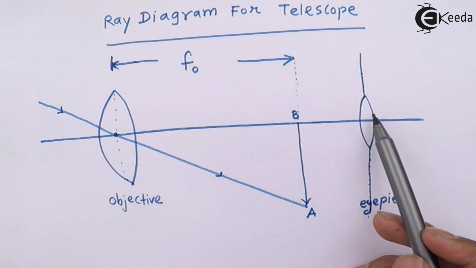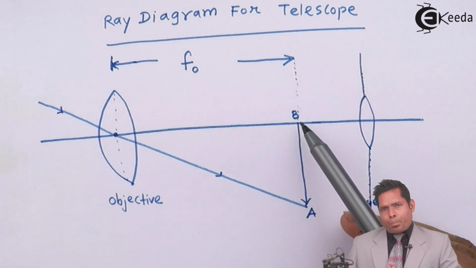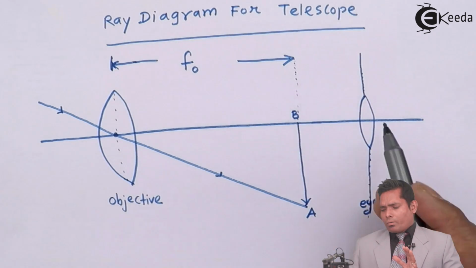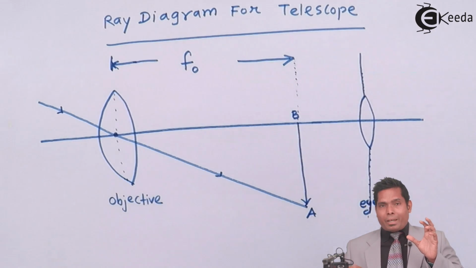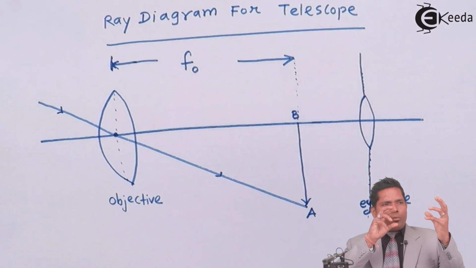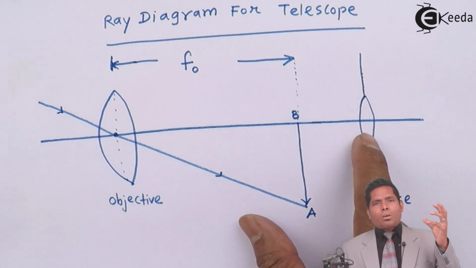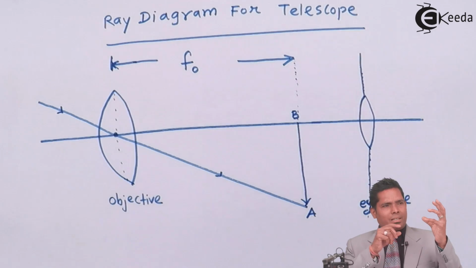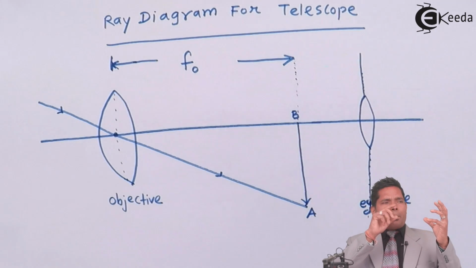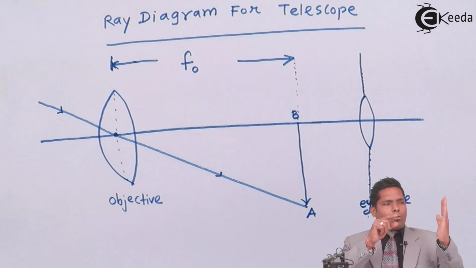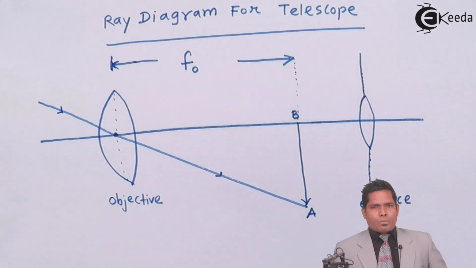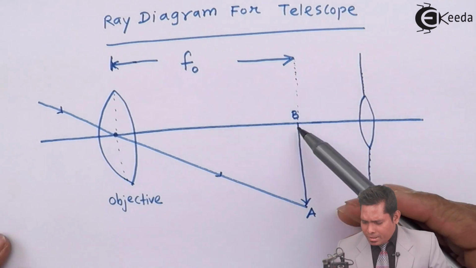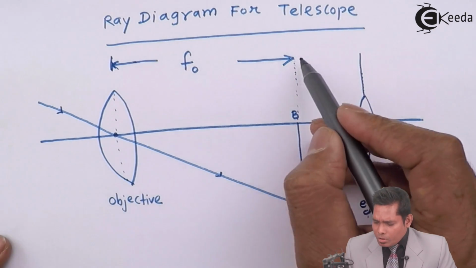this object, if it is placed at the focus of this eyepiece, that means we have to adjust, by rack and pinion arrangement, the position of this lens, the eyepiece lens. We adjust the position of the eyepiece lens such that the image formed by the objective falls on the focus of this eyepiece lens. Therefore, if this is placed at its focus, then this distance is